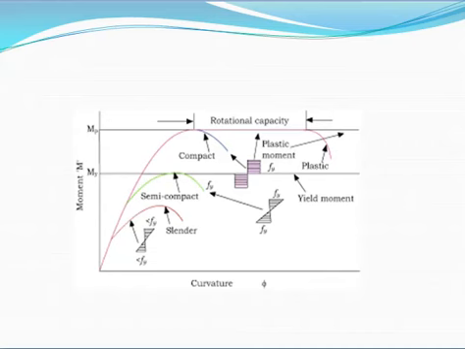Now, what is meant by plate elements? These are the elements having two dimensions very large, and the third dimension very small. An example of a plate element is a slab. In case of a slab, length and width are more as compared to thickness. Thickness of a slab is very less. That's why the slab is called a plate element.